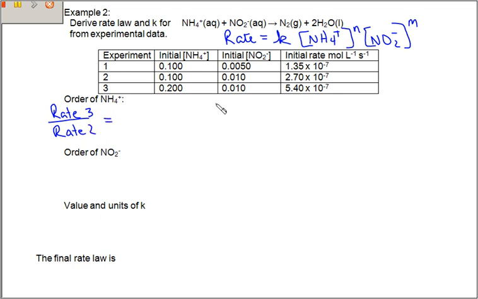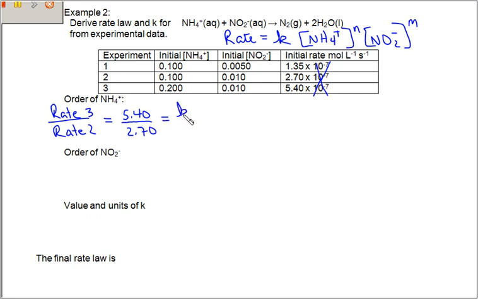And that is equal to 5.40. I'm going to drop this times 10 to the negative 7th because everything ends up being ratios, so I'm dropping it for calculating the rate laws. So we have 5.40 over 2.70